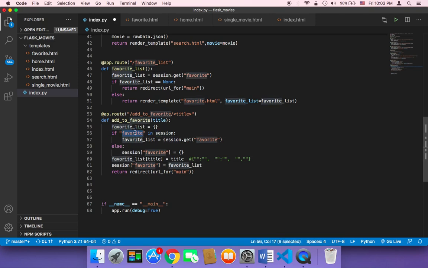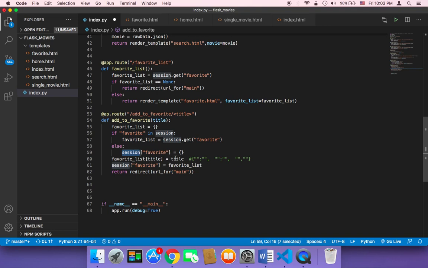If we do have a favorite key in the session, we just get the favorite list from the session and store it in the favorite list. If we don't have a favorite key in the session, we just create that favorite key in the session. And of course, this is going to be empty because we just created that favorite key. We just added that new key to the session. And then either way,